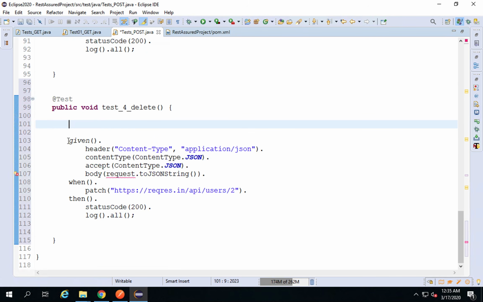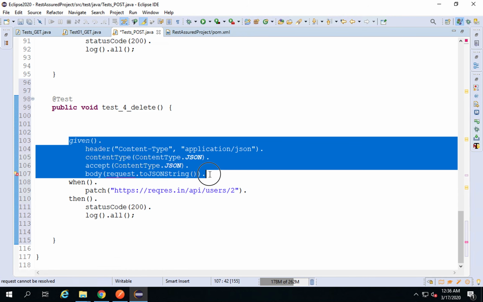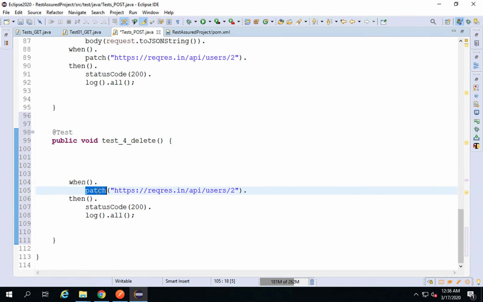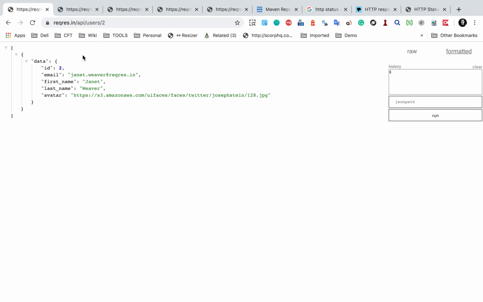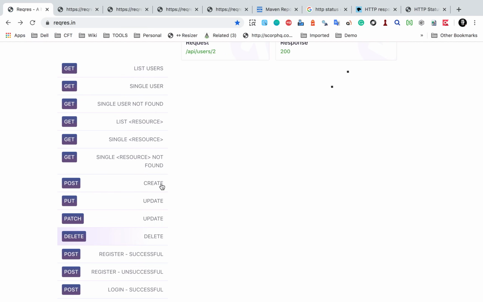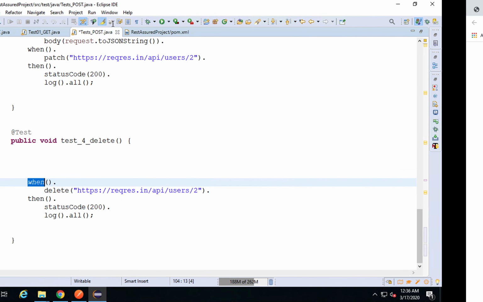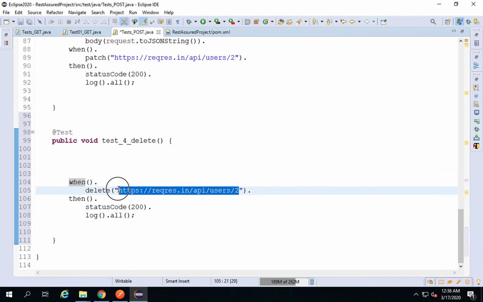And here I also do not need anything from here. I can just say when delete, or I can also use given here, that is all fine, and I have to use the endpoint. So let me check the endpoint of delete. So this is delete, and this is the endpoint. I'll copy this, paste it here,